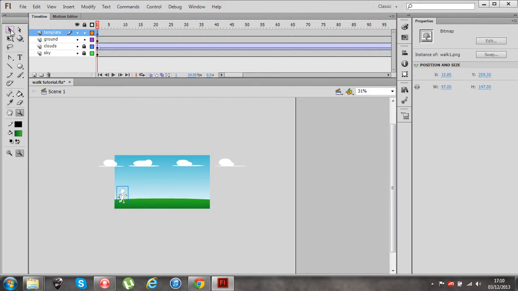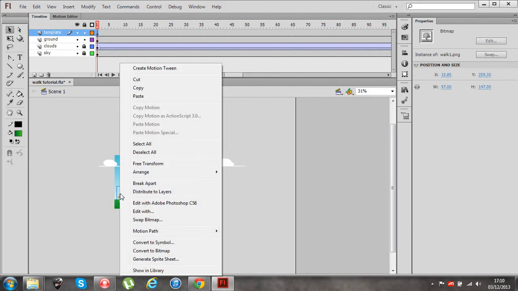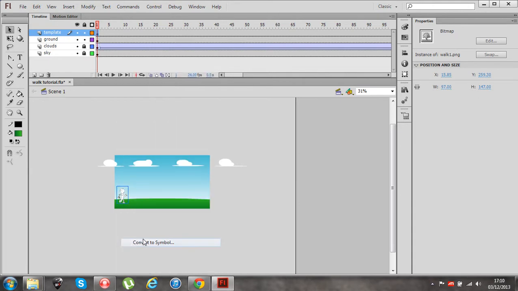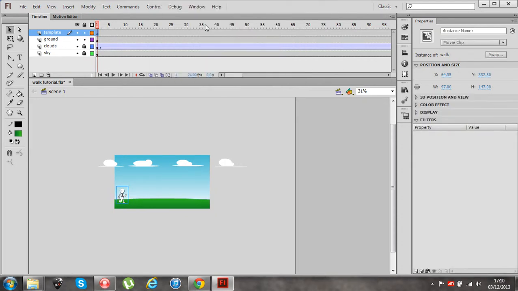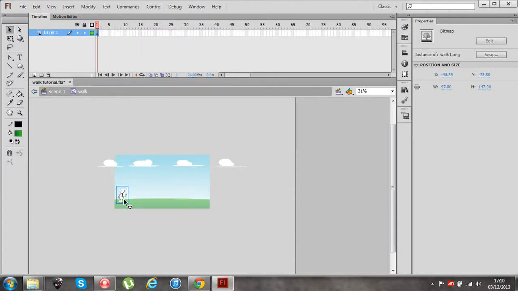And then what I'm going to do is right click on this keyframe, this image, and convert it to a symbol. Now being a movie clip, we'll just call this walk. Hit OK. And what we're going to do is go inside this movie clip so that we can put down the rest